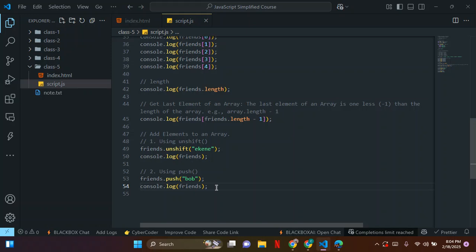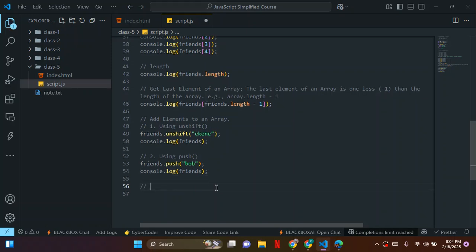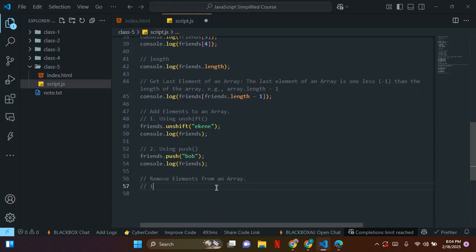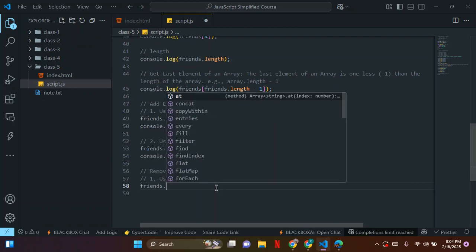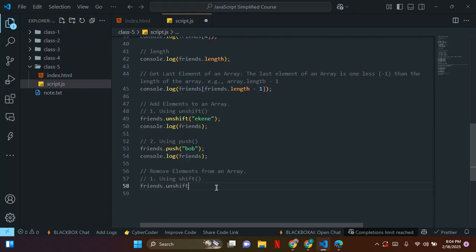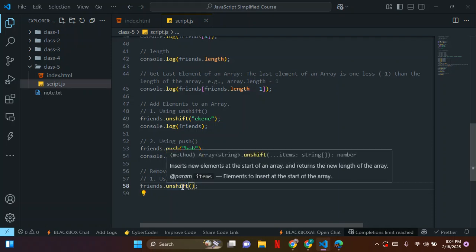So now let's look at how we can remove elements. We are taking it gradually, just hold on. Remove elements from an array. So number 1 will be using shift. To use shift is very simple. Just do friends dot unshift like this. That's all. You don't need to pass anything in there. So it says,